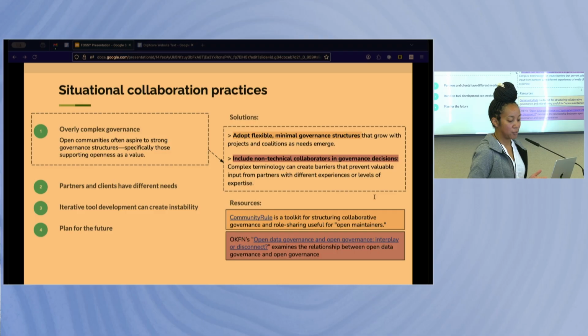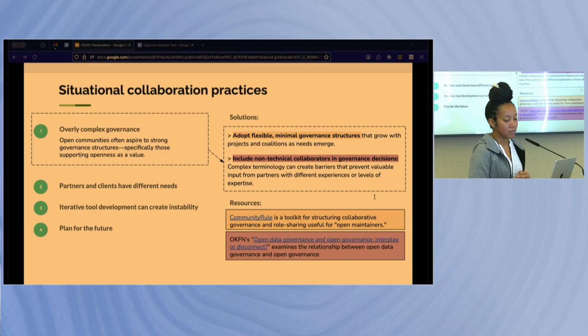So in this case, the first pattern is around overly complex governance. One of the things, amazingly, that we found in our research was that there were cases where it was just a little too much. One of the ways that people have described it is like there's an IKEA instruction book, and then there's something else that is just way harder, and you have to figure out where you're breaking the rules or who you need to talk to, and there's so many levels. So we did find cases of governance getting a little too complex, and that kind of resulted in less collaboration.